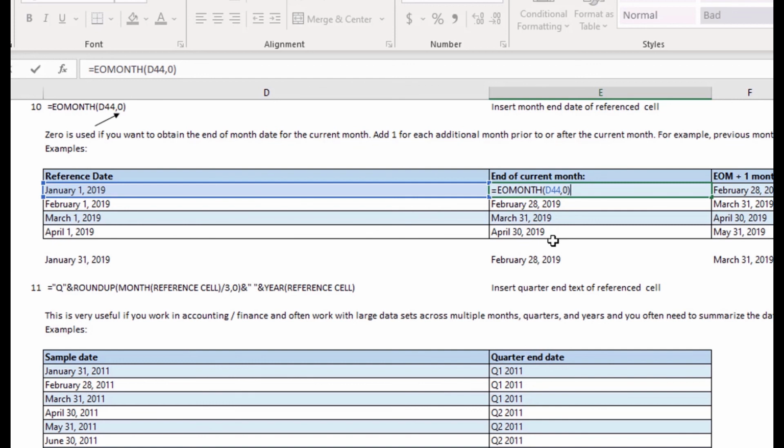As you can see here, we are able to return January 31st, 2019, and then February 28th, 2019, March 31st, 2019, and April 30th, 2019, which are all in the same month of the reference date,